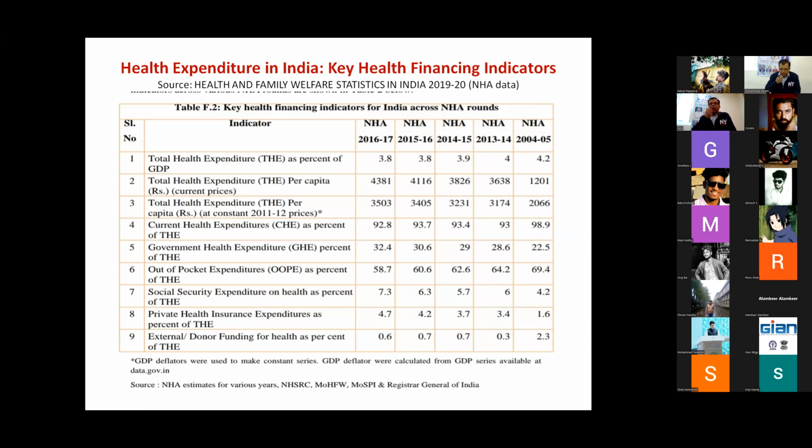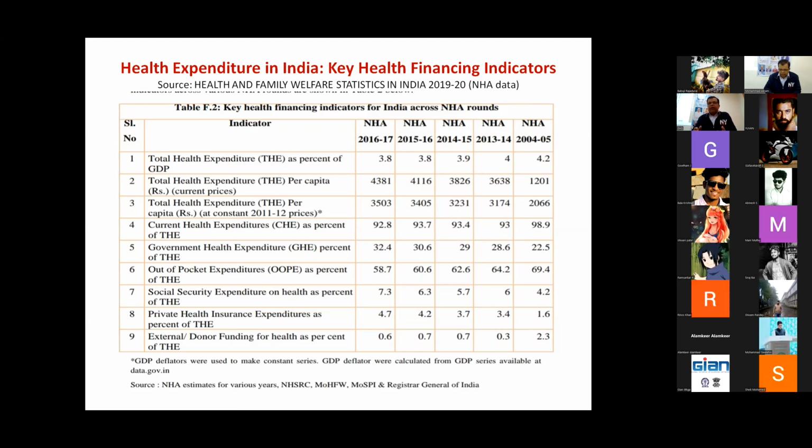So how much money is the state, that means the Union of India, spending on health? The total health expenditure as percent of GDP as of now, as per the available figures of the National Health Accounts for the year 2016-17, was 3.8%. Now, if we look at the figures of some previous years, 15-16,